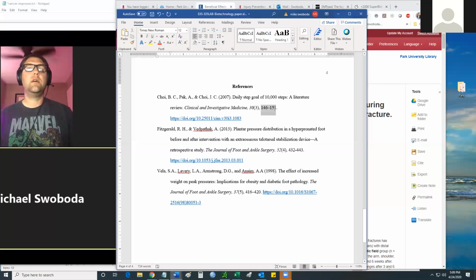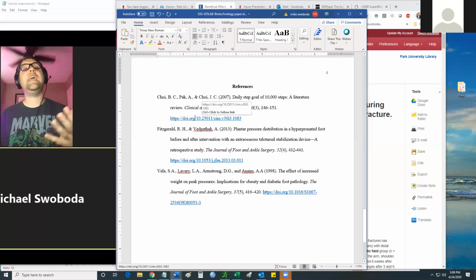Comma, page numbers, period. Then you put your DOI number or the website link you got it from. There is no retrieved from. You don't put anything else here except the link, and it should now be a live link.